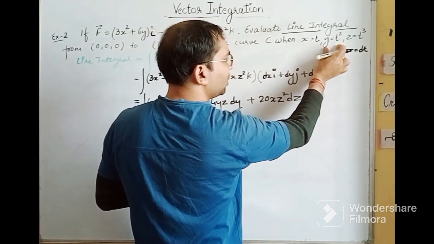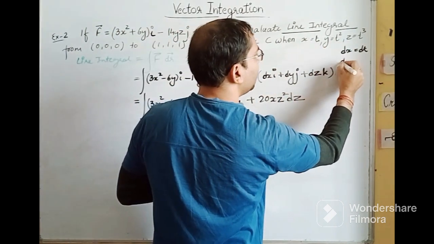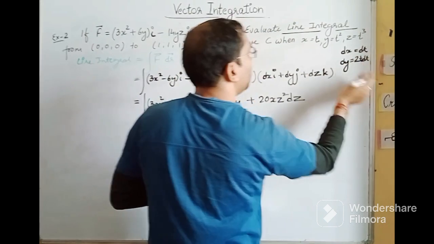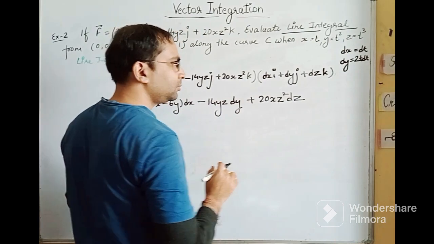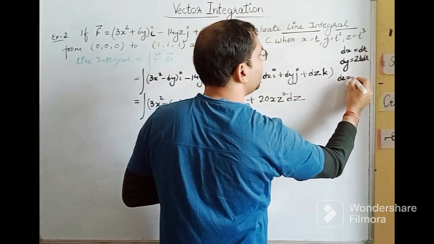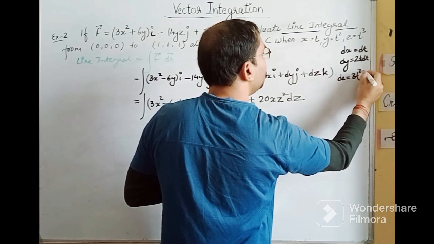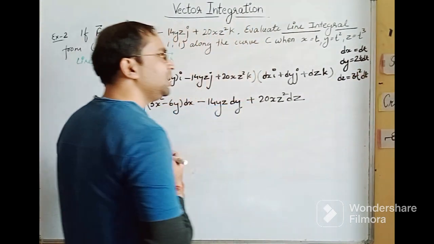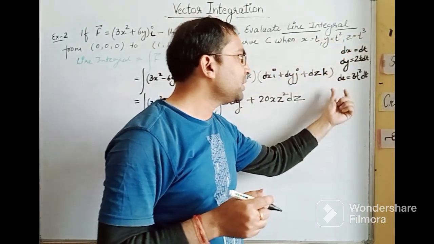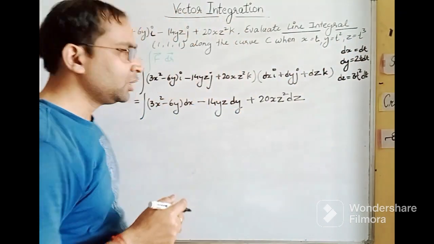Then from the second equation, y is equal to t square, we will get dy is equal to 2t dt on differentiating this equation. Then on differentiating the third equation, we will get dz is equal to 3t square dt. So we have x, y, z, dx, dy, dz all in t. Now let's